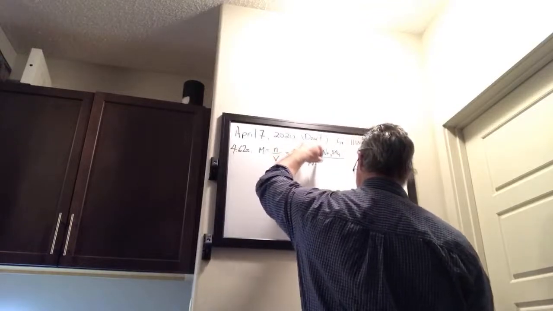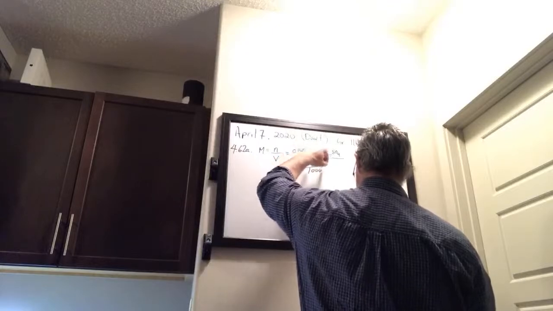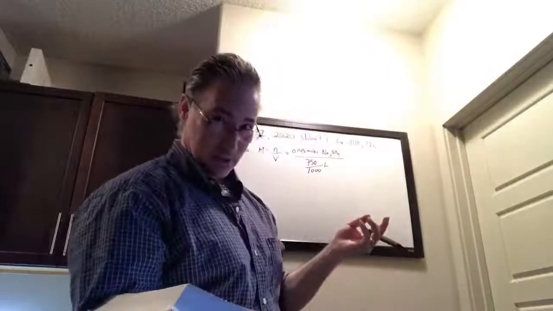So 750 milliliters is 750 thousandths of a liter. Remember, the definition of molarity is moles of solute divided by liters of solution. So the molarity of the solution would be